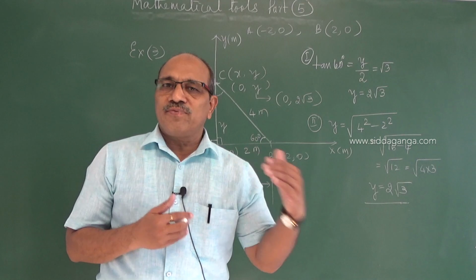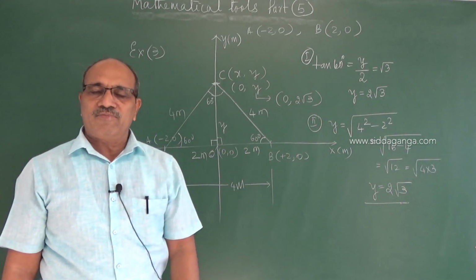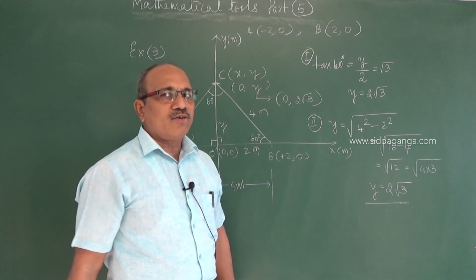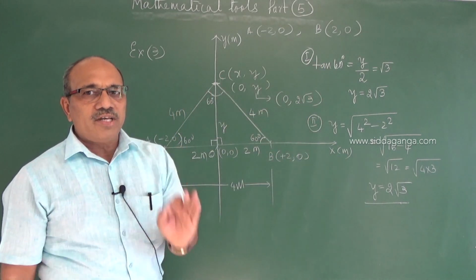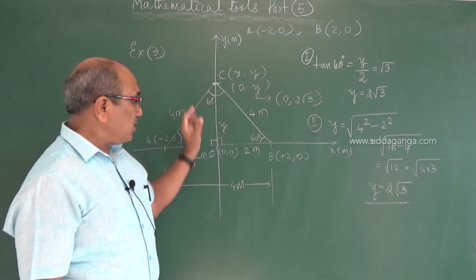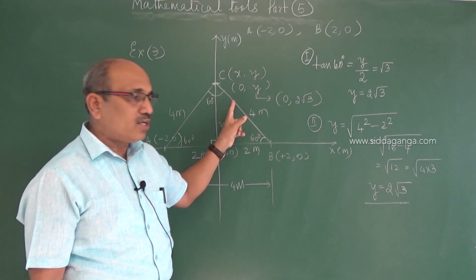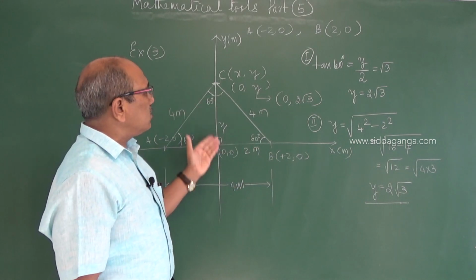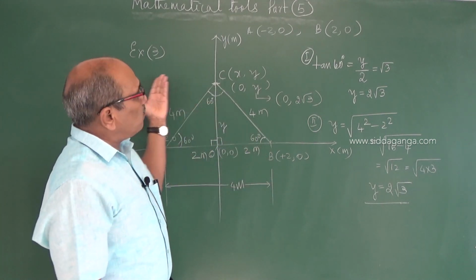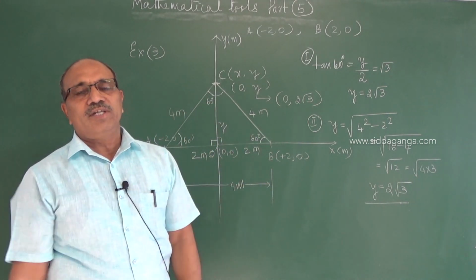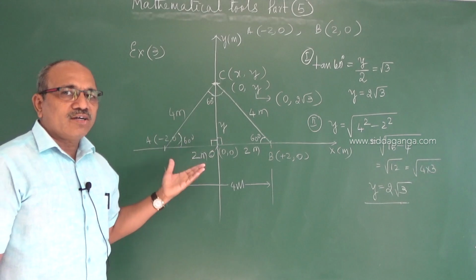In whichever field you are comfortable, you apply it. Either use the algebraic method, the Pythagoras theorem, and find the value, or if you are in the trigonometric comfort zone, you can use that and find the value. Ultimate is we require the coordinates of C, maybe the particle which moved in certain time, and the position of that after a certain time can be calculated as far as physics is concerned. As far as pure mathematics is concerned, these are the coordinates of one of the vertices of the triangle. So that is another problem we have taken, showing how coordinate geometry helps us to calculate some values in physics later. Note down this and we come to another problem.